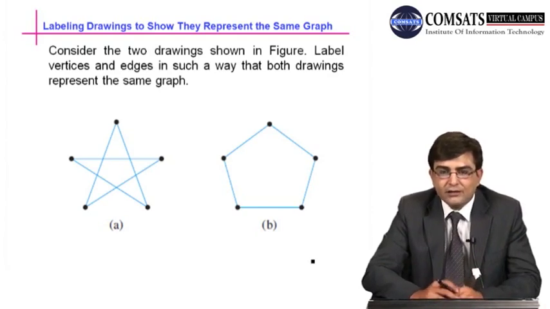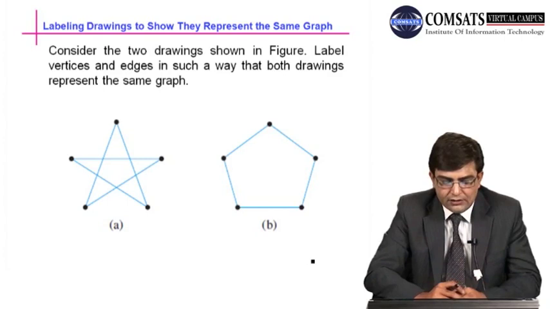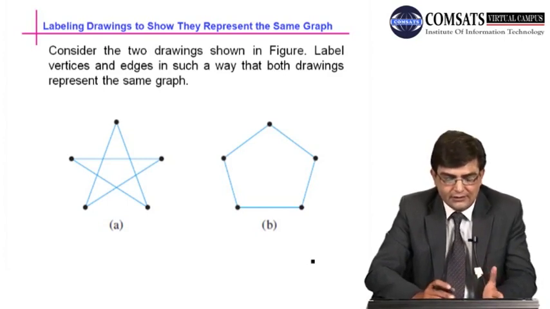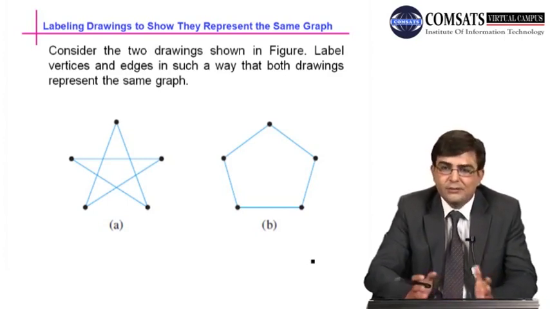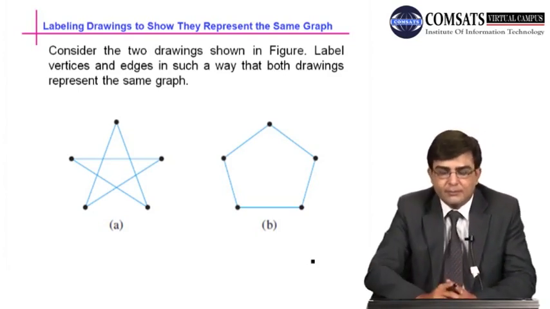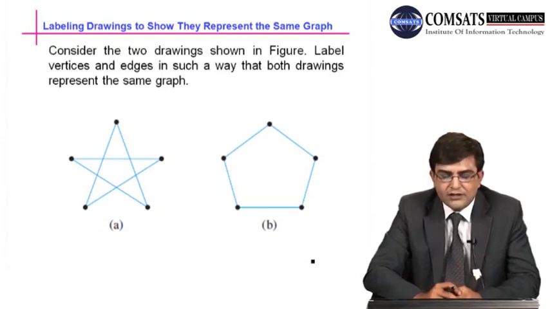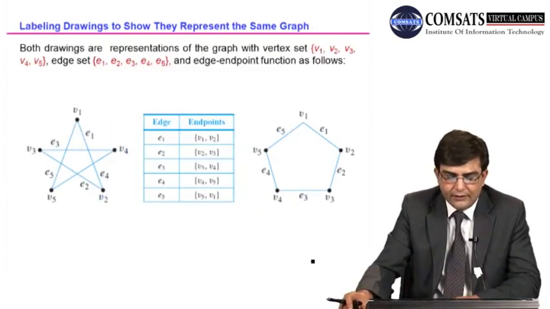Now consider the two drawings here. This is the first diagram, whose shape is just like a star, and the other shape is a pentagon having 5 vertices. Now we shall try to label these two diagrams in such a way that they represent the same graph. For example, here